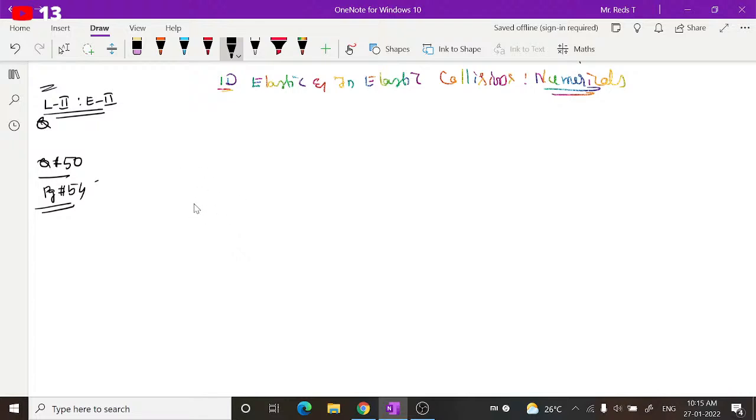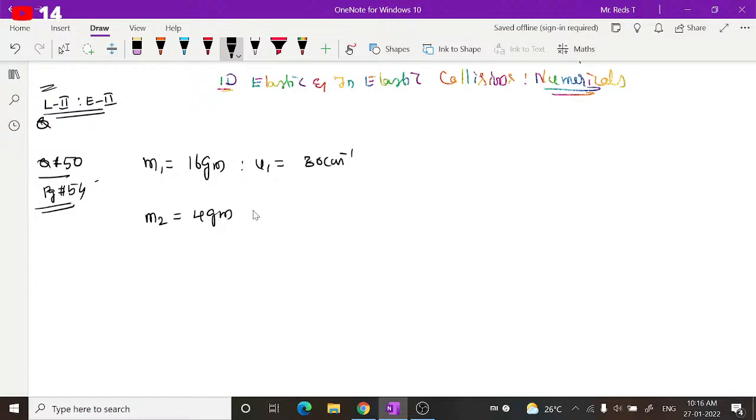So what is given here? What are you asked to find? Let us take the given data. It's given that a 16-gram mass; let us consider this is our first mass. M1 is equal to 16 gram, moving in the positive x direction with an initial velocity u1 equal to 30 centimeters per second. And a 4-gram mass, let us say it is M2,